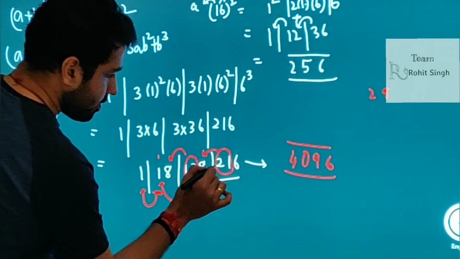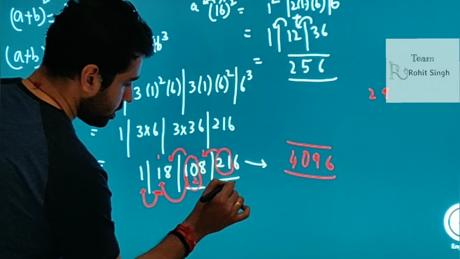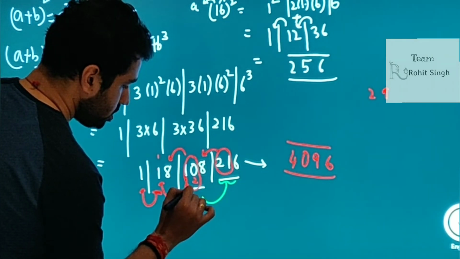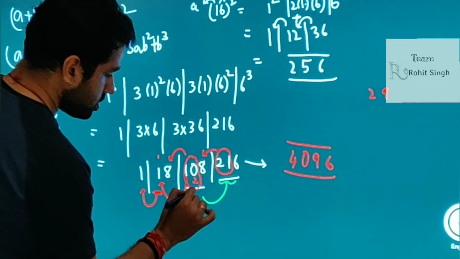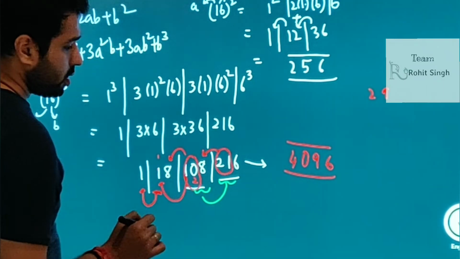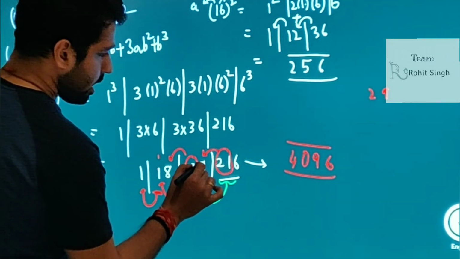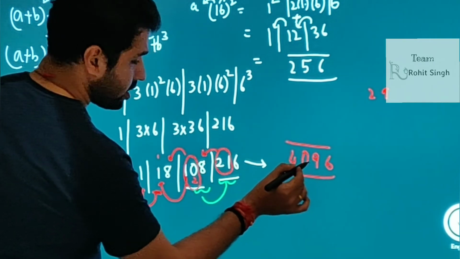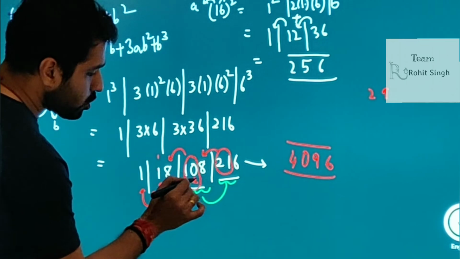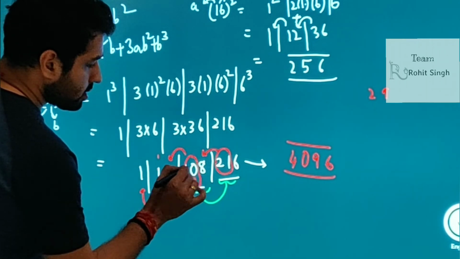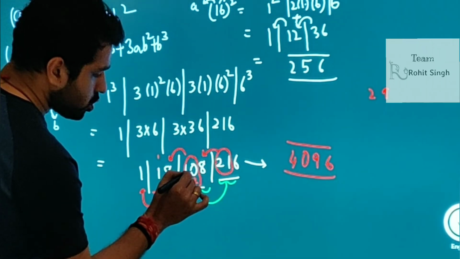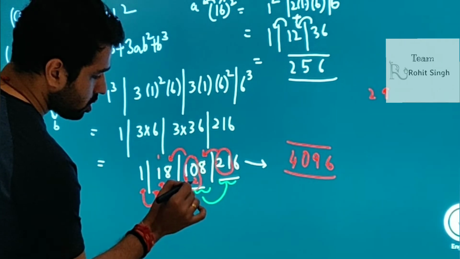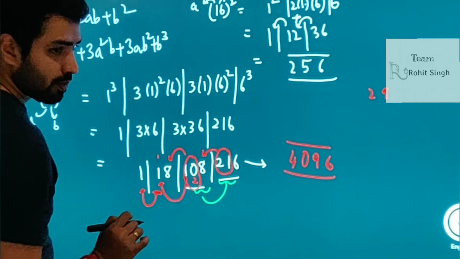So this 21 that is being carried over here is added to this one, 0 and 8. So 1 is added to 8, we get 9. This 9 is written as it is. Why? Because it is the units place over here. Now 2 is over here, so this 2 is added to the tens place, so instead of 0 we get 2.